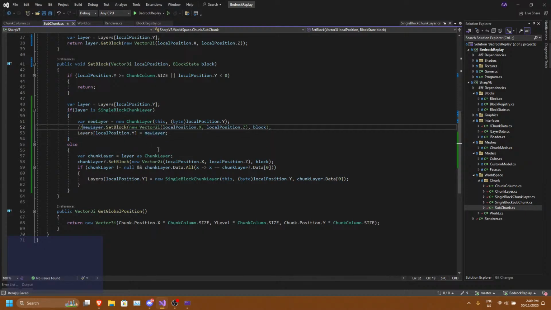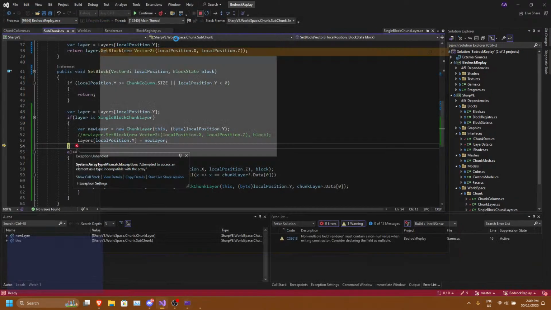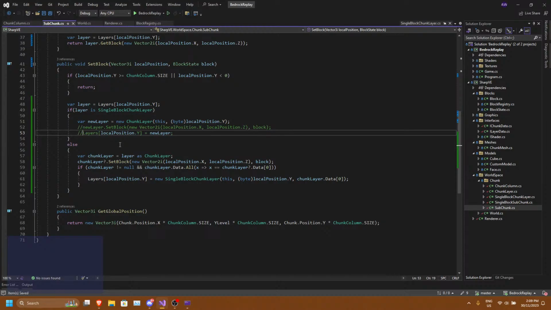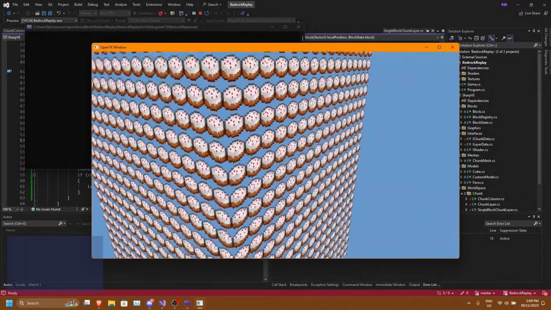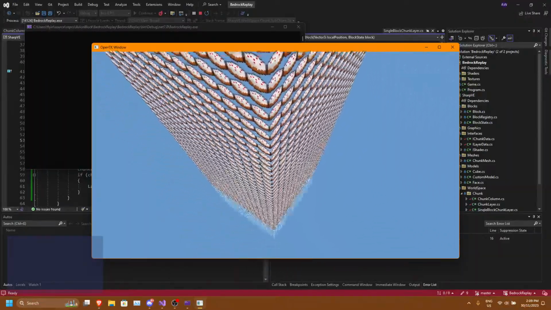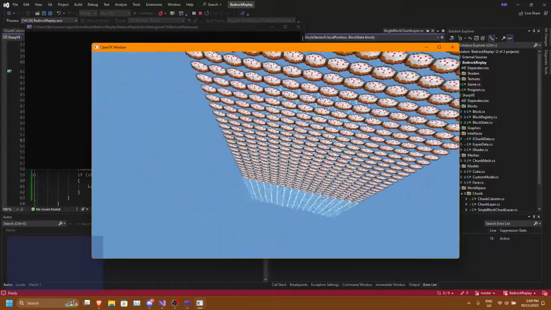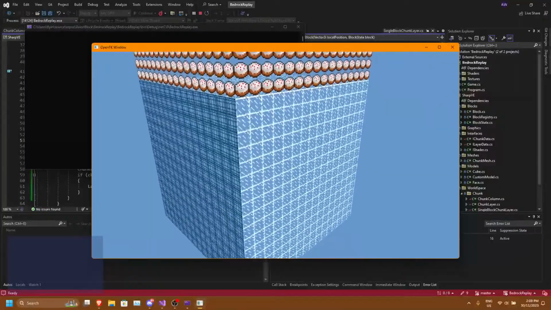What if I just nullify that? Nope. What if I get rid of this? So that works. Wait, what happened here?